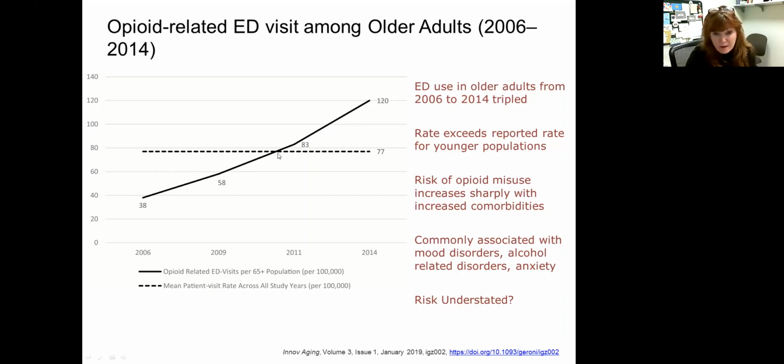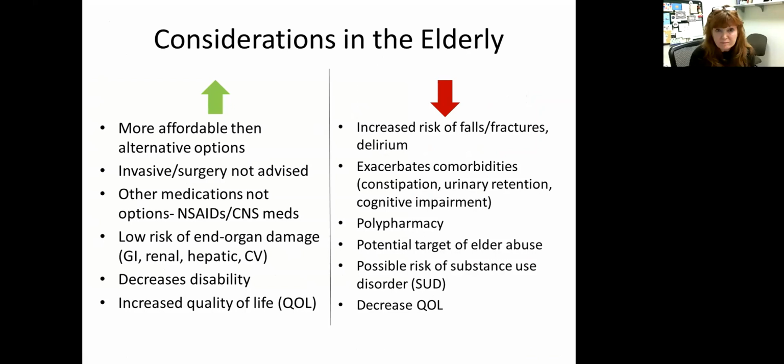And this dotted line, by the way, is just general use of the ED by elderly patients. So that stayed constant with this increase here. And this obviously is potentially underrating or underreporting our elderly population's problem with opioid misuse, because they can see the physician provider's office. They have treatment centers also that patients can utilize.